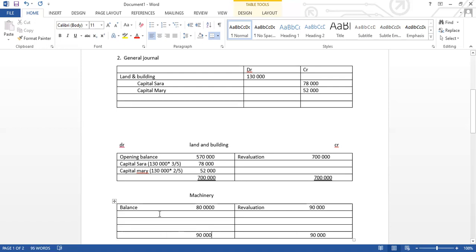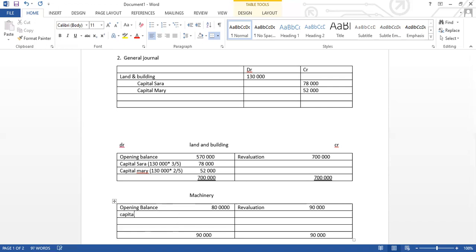And then the difference is therefore transferred to our capital